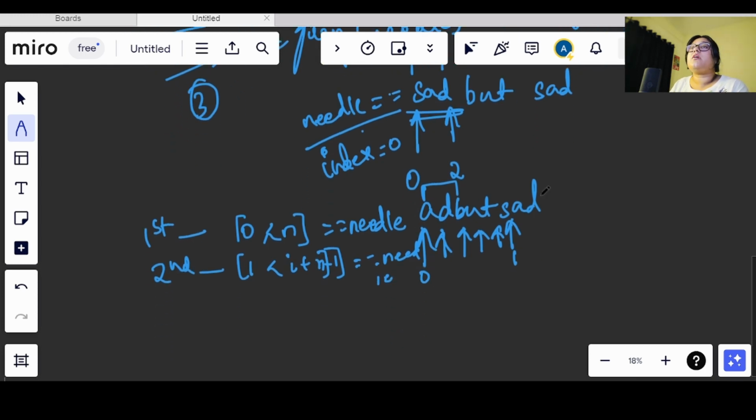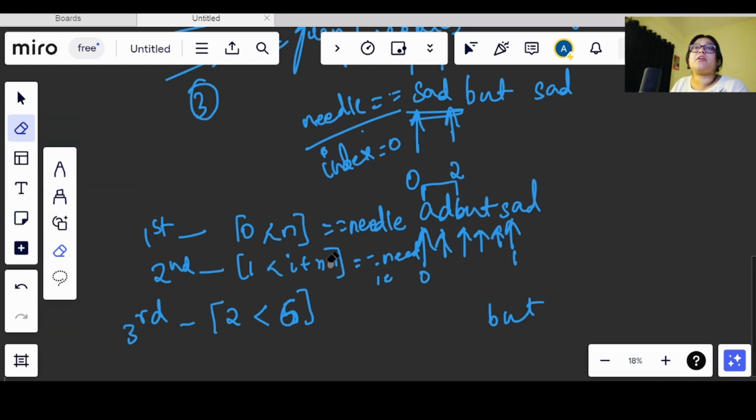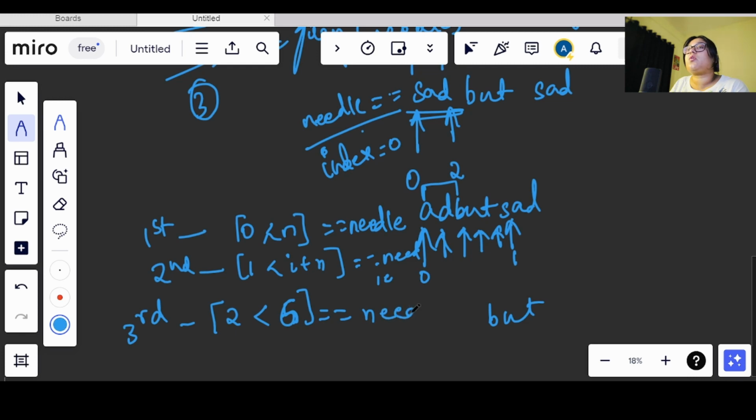So if it is equal to needle or not, right? Then here we have a d, then we have b. So for the third iteration again we will check the value starting from here, b u t, which is from 2 to 5th index, less than 6th, is equal to, it will be I plus n only because I am going till less than n, right? So we will go from 2 to less than 6 and we will check if it is equal to needle or not, right? In the same way we will keep on iterating till we have reached here.